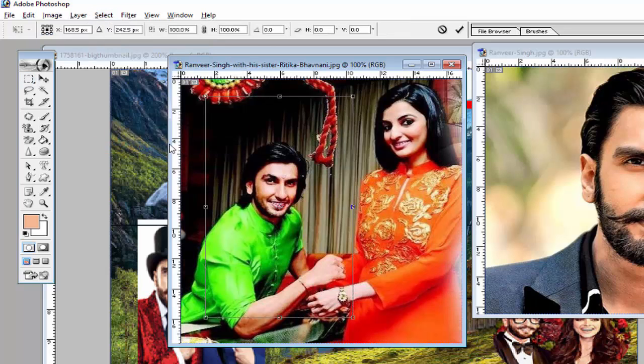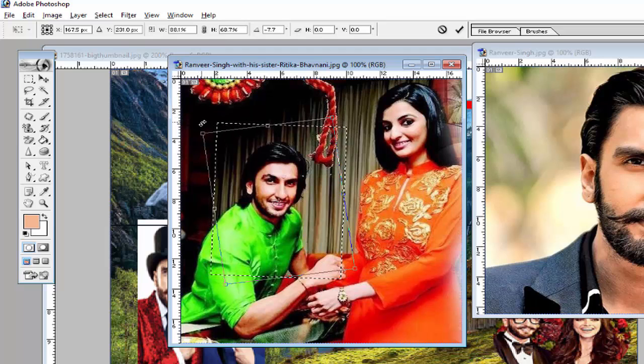You will see some small boxes here, and you can increase or decrease your selection from here like this. If you want to rotate the selection, you can rotate it from outside like this.